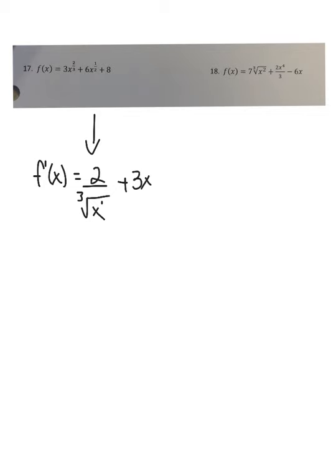All right, now let's look at 18. All right, 18 is going to be a little ugly, so I am just going to rewrite it without taking the derivative yet. So that's going to be 7, and I want to get it out of radical form. Whenever you have a radical, get it into exponential form, and what I mean by that is like what you see here, because it's easier to take the derivative. Okay, so if I do power over root there, that's going to give me x to the power over root